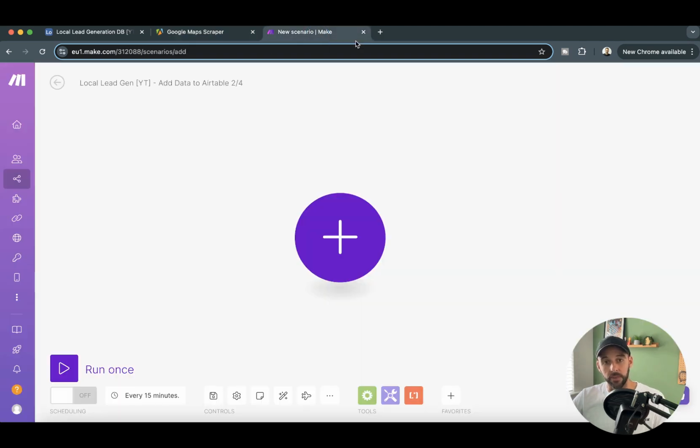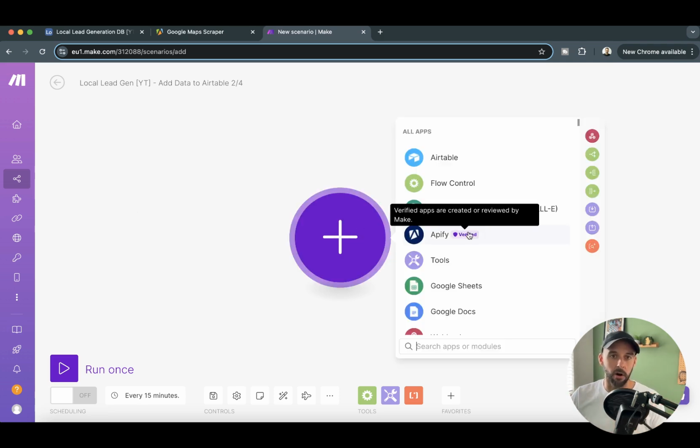So what we want to do is we want to have this next scenario trigger when the web crawl is finished. And we don't know how long that's going to be. So previously I was playing around with this, and you can add a bunch of sleep modules between the run actor and the get the data from the actor. But again, you don't really know exactly how long it's going to be. It's better to split these out into 2 scenarios so that you can just trigger this next scenario once the